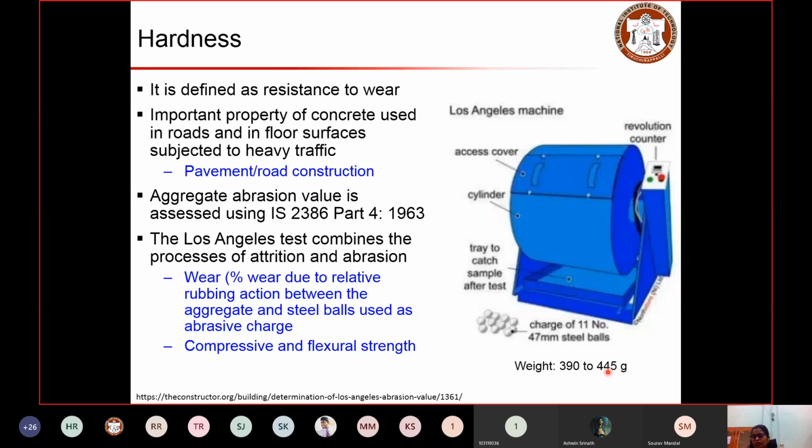If the material has a good abrasion value, then it indicates good hardness. Basically, for that the size reduction has to be less, so the mass passing through will be less. The details about this procedure will be explained and demonstrated during the lab classes. In this class, you just have to have an idea about the different properties that we look at and how we test them. Along with this, if the material has good hardness, that gives good compressive and flexural strength also, because it is very hard to break.